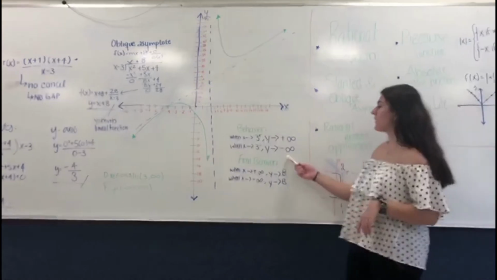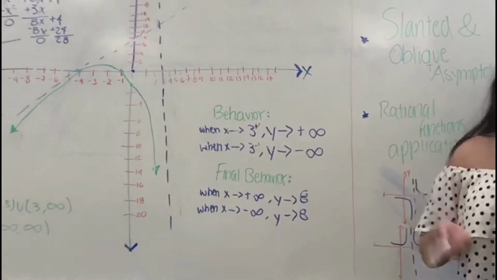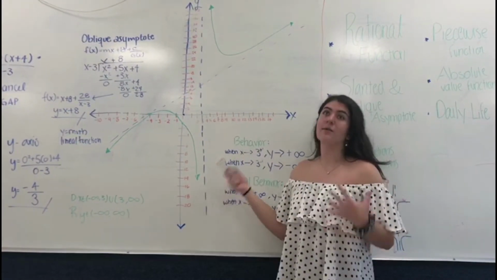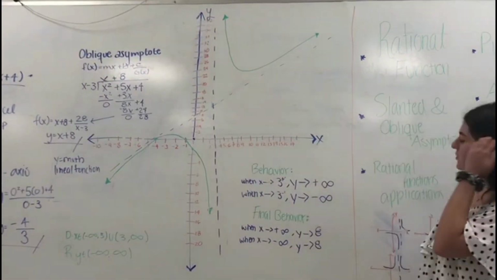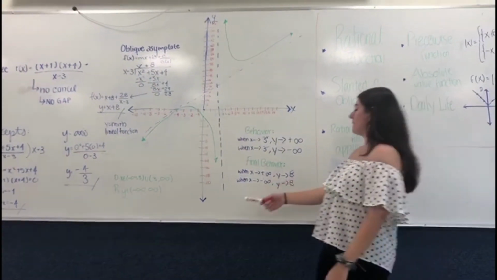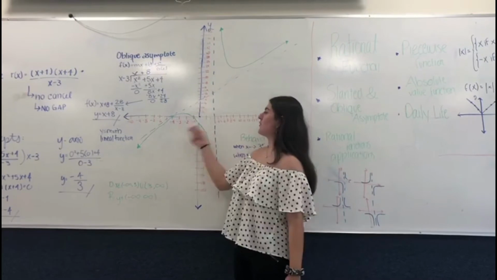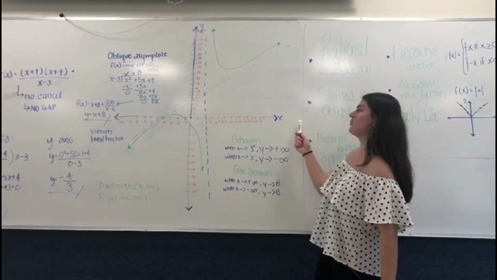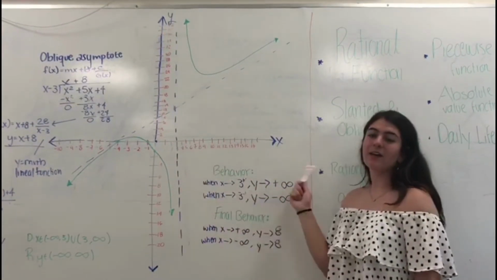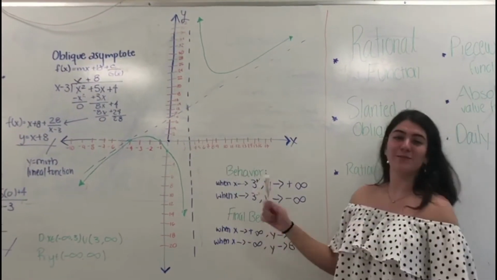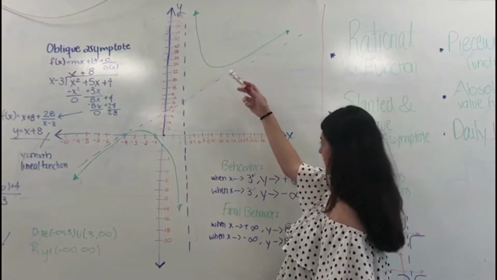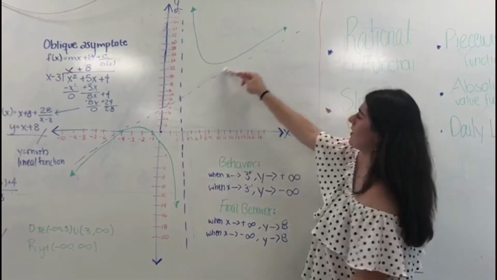Now, to obtain the final behavior, we have to locate the horizontal asymptote. In this case, we don't have a horizontal asymptote, so we just have to watch. And if you go to plus infinity, you notice that it will go close to the line y equals x plus 8. And from the other part, it's the same. You have to locate minus infinity, and it also goes close to the